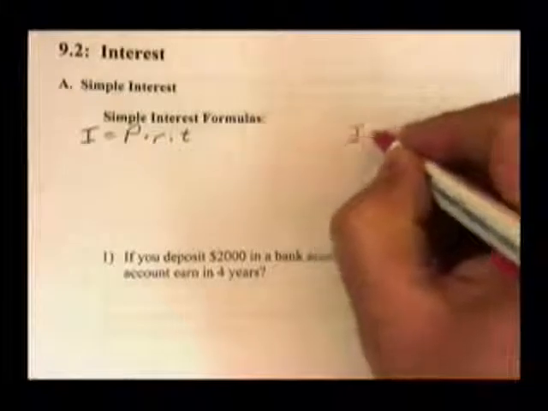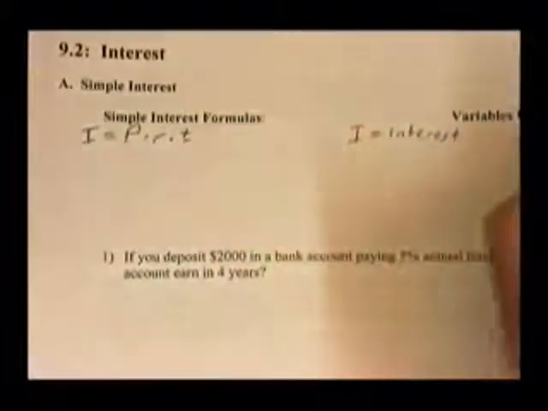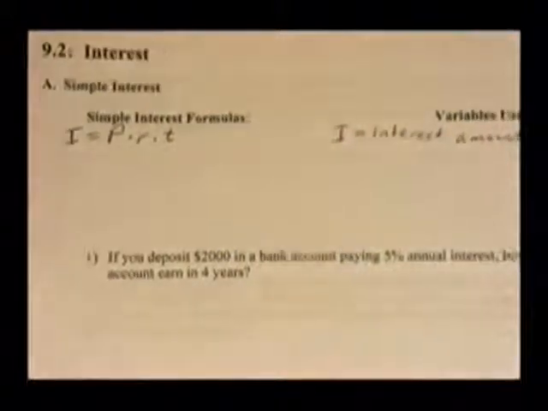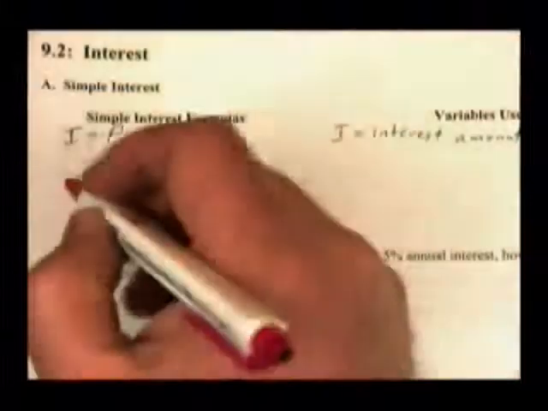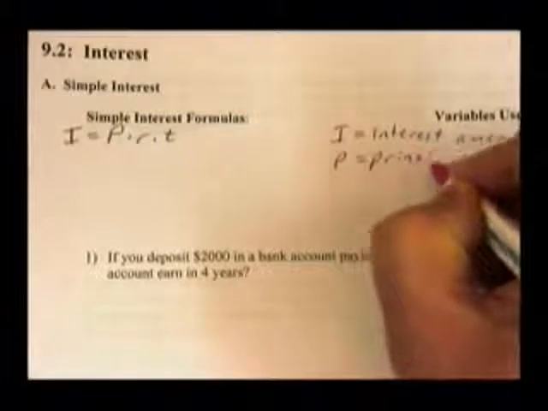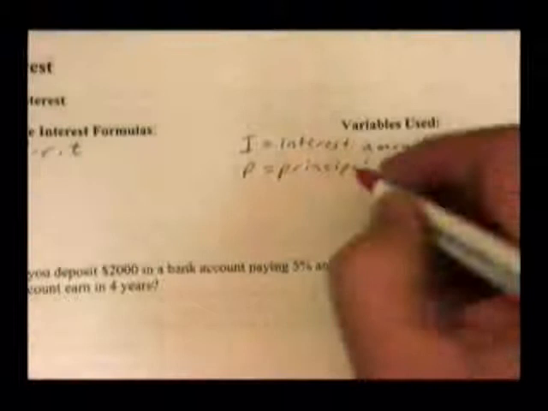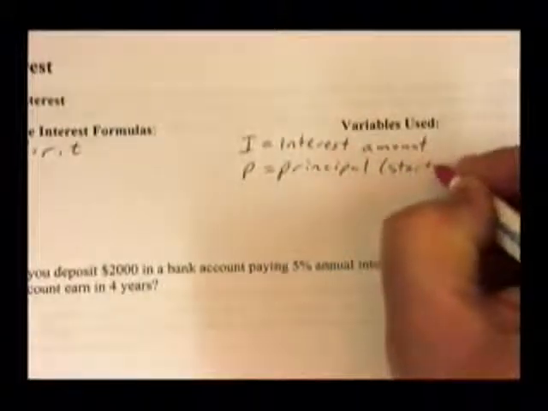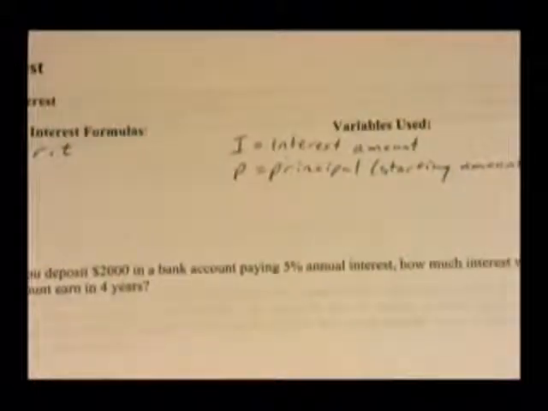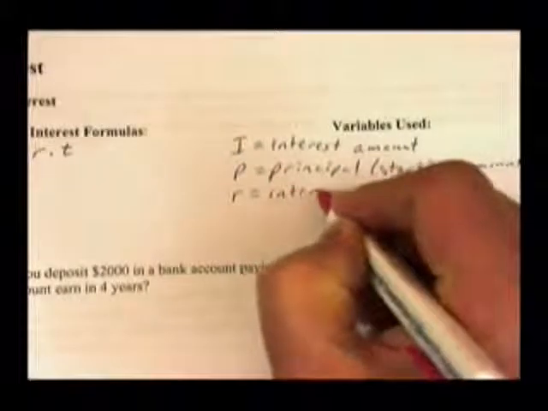So I is the interest amount. That's how much interest we're paying. Okay. P is what we call the principal, and basically that is the starting amount. R is the interest rate,